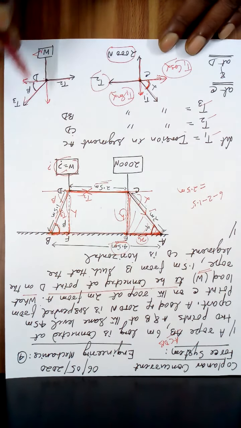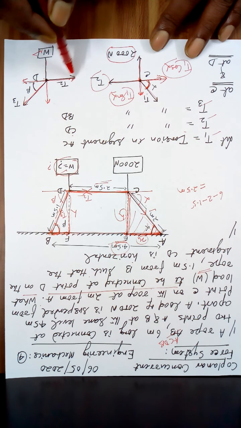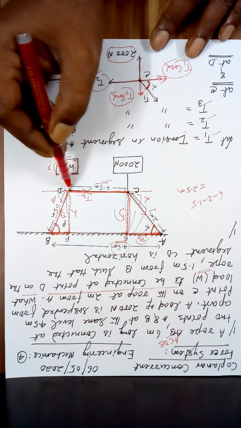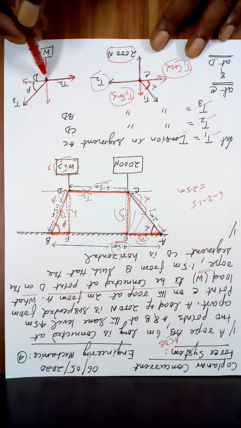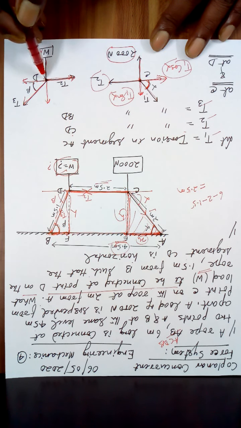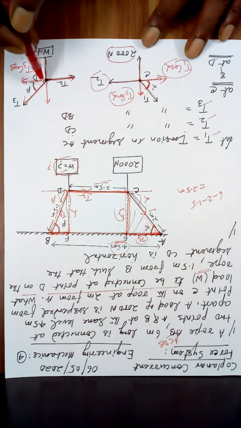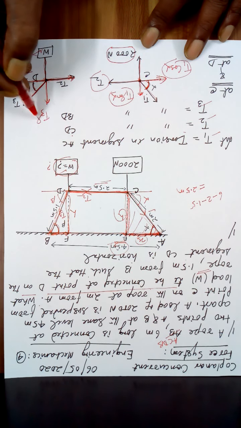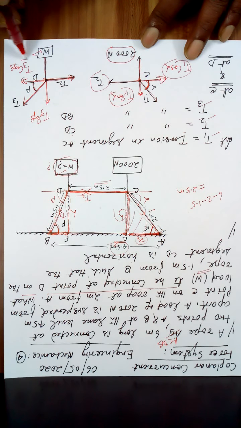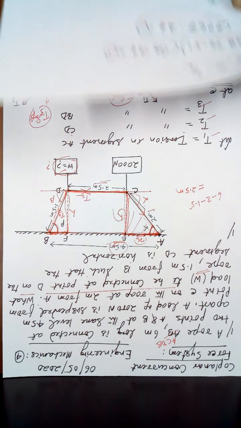Then apply the conditions of equilibrium at D. At this point, T3 is to this side and T2 is to this side. Whenever you put tension, it is away from the mass, right? The mass is hanging from this point, so away from it. So this is the W. If this is your T3, this is your beta. So this will be equal to your T3 cos beta. This will be equal to T3 sin beta. So T3 cos beta is equal to T2 and T3 sin beta is equal to W.